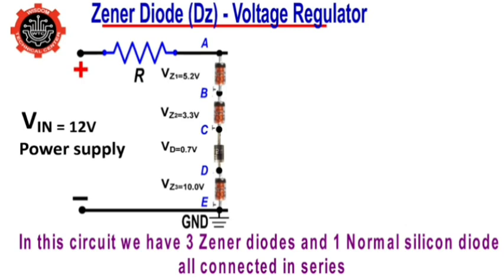Inside this circuit, we have three Zener diodes with three different breakdown voltages, or Zener voltages. The first Zener is 5.2 volts. The second Zener